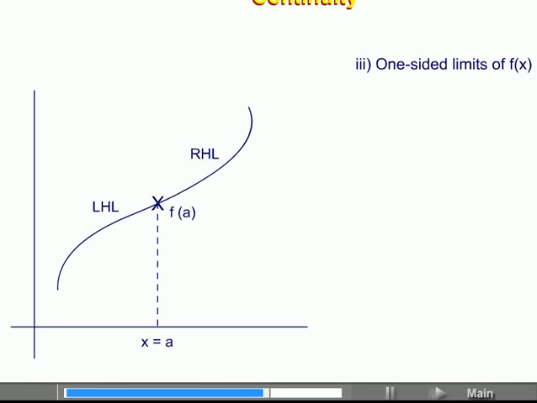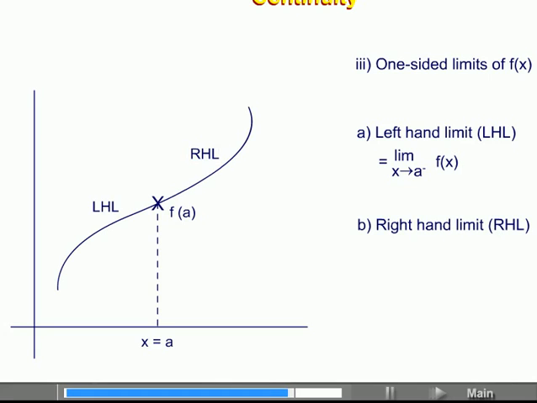One-sided limits of f(x) at a. The left-hand limit of f(x) is denoted as limit of f(x) as x tends to a minus, and the right-hand limit of f(x) is denoted as limit of f(x) as x tends to a plus. If the left-hand limit is equal to the right-hand limit, that is, limit of f(x) as x tends to a minus equals limit of f(x) as x tends to a plus,